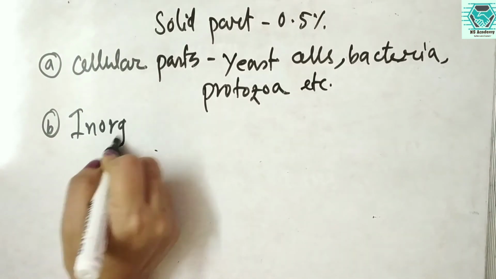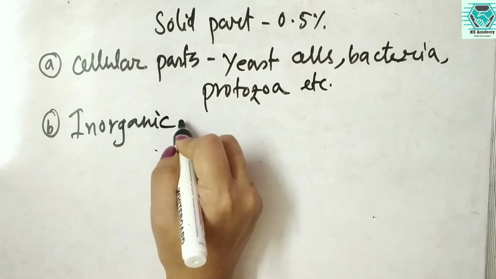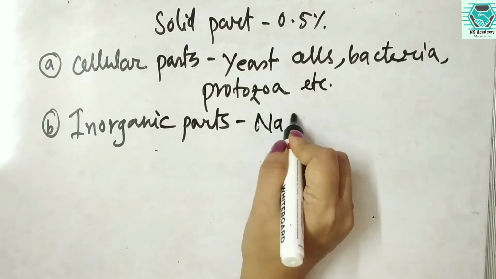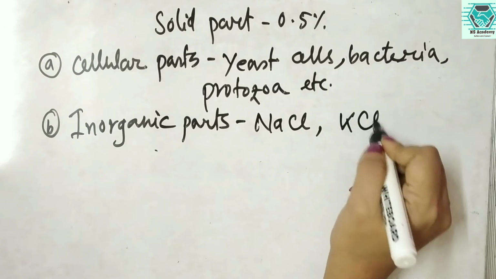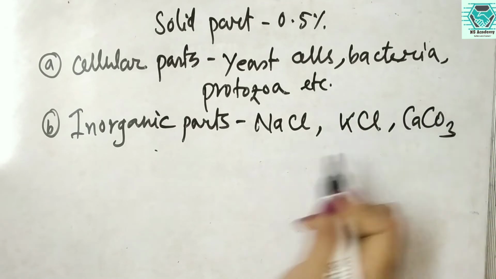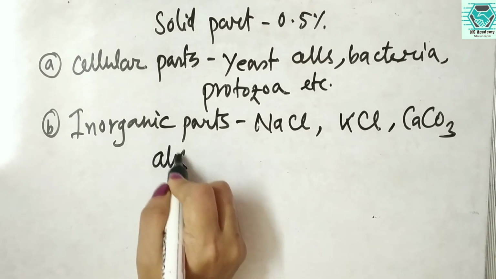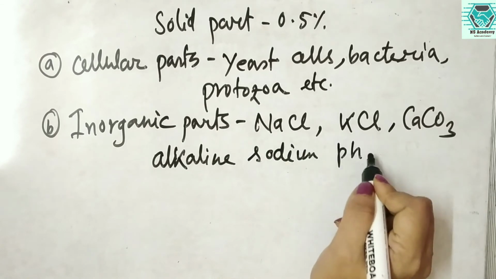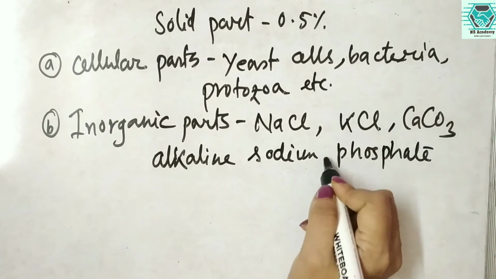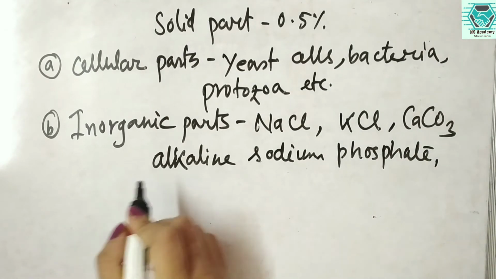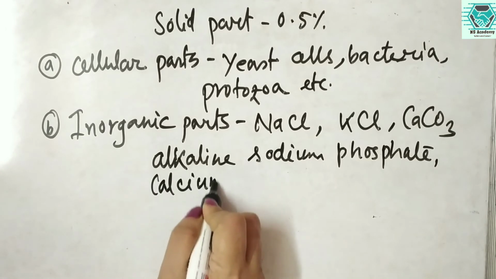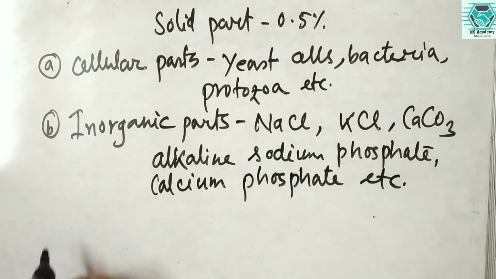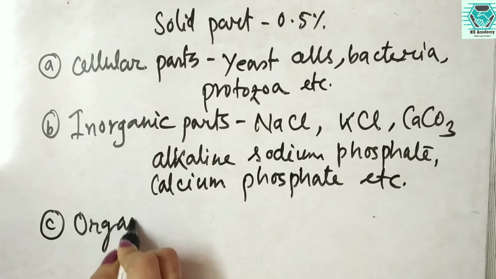Next, the inorganic part includes the different salts like NaCl, KCl, CaCO3, alkaline sodium phosphate, calcium phosphate, etc. And the third part is the organic part,